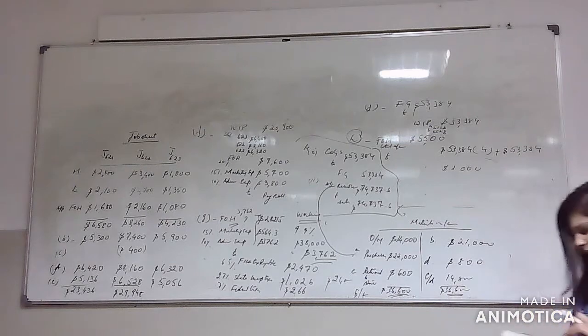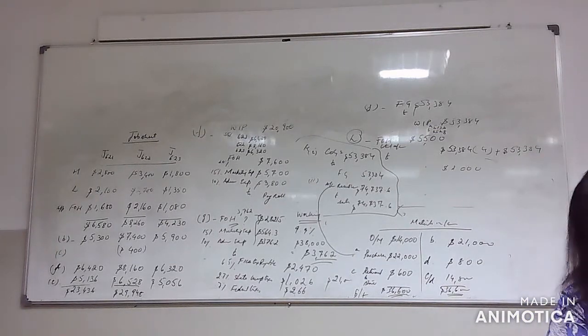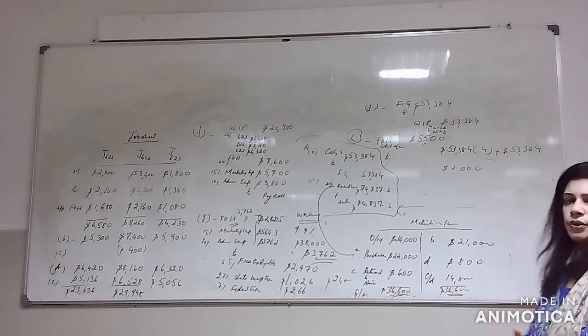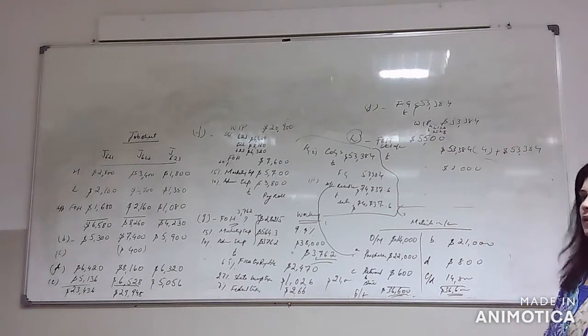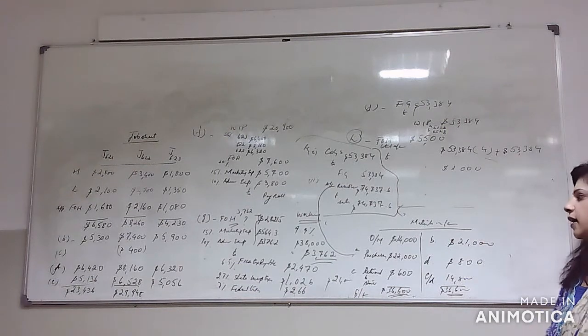I'm going to be concluding my lecture here. You are supposed to make the individual ledgers for work in process and factory overhead, and also finished goods if you can. So I think it's just finished goods and work in process, or if it's possible for you, you can just make it for factory overhead the way I showed you. And if you have any issues, then you can discuss with me in the next class when we have the Teams class together, or you can just put it in the comments box and I'll answer.